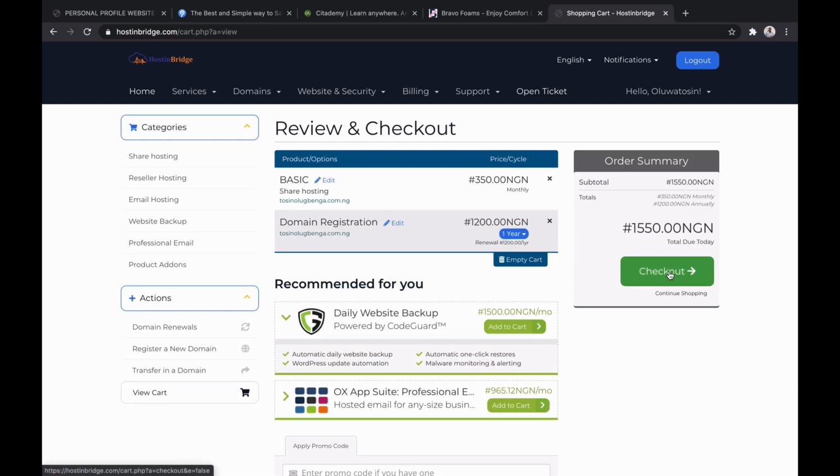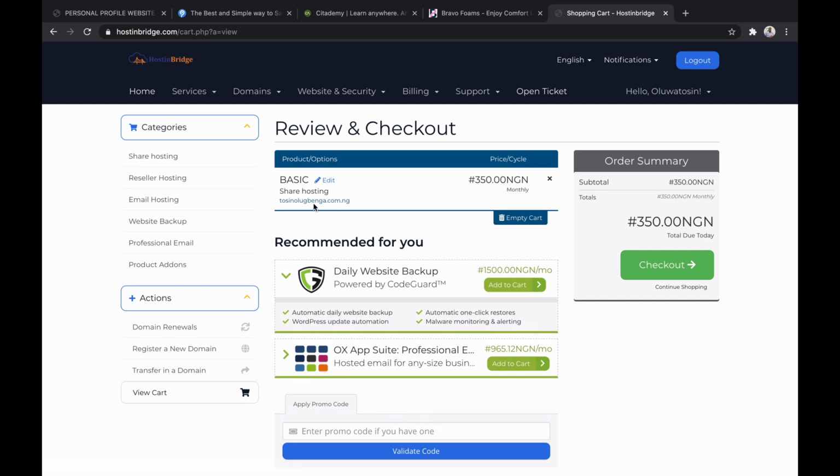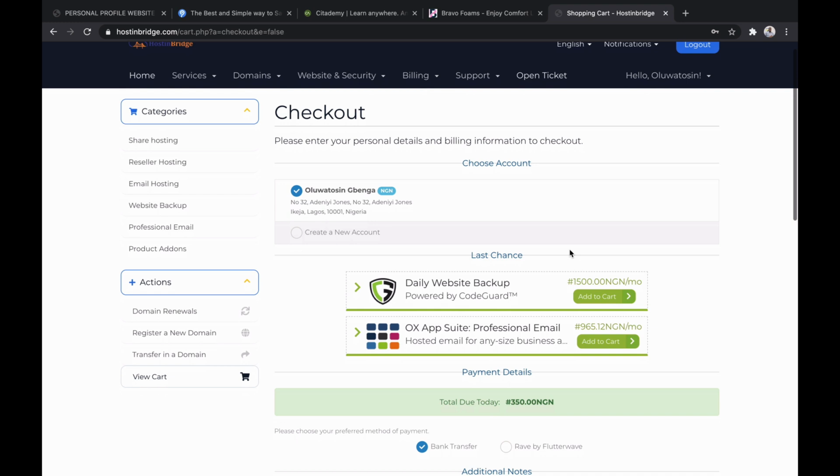Oh, it's actually bringing the domain registration again to make my money 1,150. So I'm going to remove this .com.ng. Yes, remove. So this one will make exactly basic hosting. It will come with the .com.ng directly. So I'll click checkout now. So I'm going to be paying only